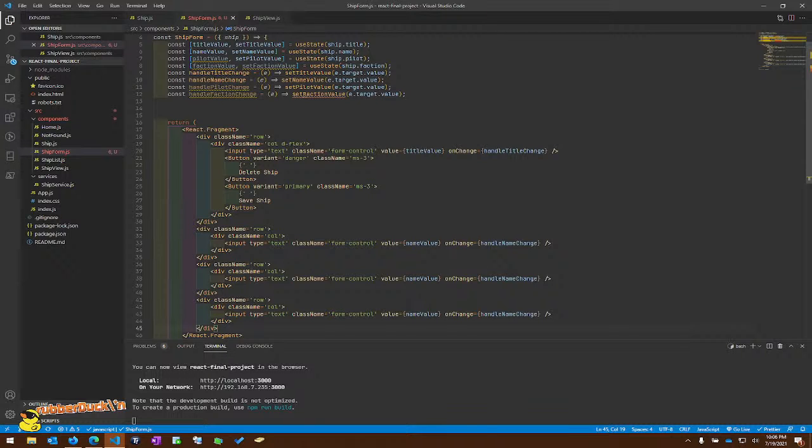And we need to do our pilot value, on change, handle pilot change, and then our faction value, and then,